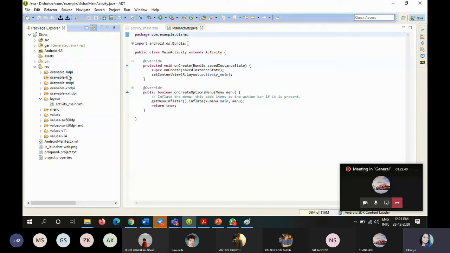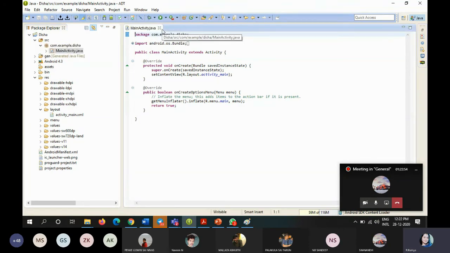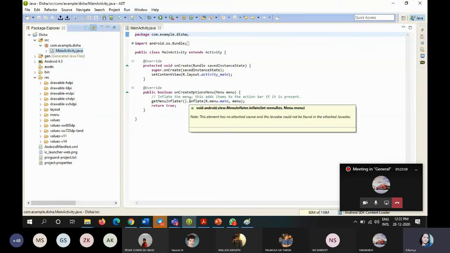These are the importance of the RES subdirectory. And the next one is layout. For example, unfortunately I just closed this XML file by mistake, so you don't know where my XML file is located. Without an XML file, can we create any graphical user interface here?